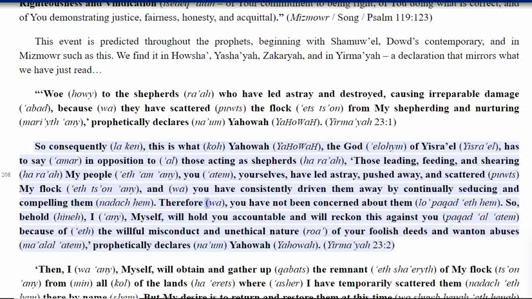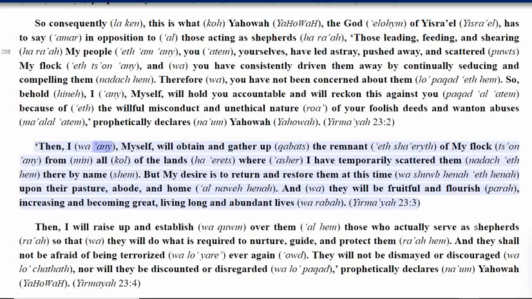Therefore, Wah, you have not been concerned about them, Lo Pakad Ethem. So, behold, Hine, I, any, myself, will hold you accountable and will reckon this against you, Pakad Alatam, because of the willful misconduct and unethical nature, Roa, of your foolish deeds and wanton abuses, Malal Atom, prophetically declares, Naum, Yahowah, Yahowah. Yirmiah 23-2. Then, I, Wah any, myself, will obtain and gather up, Kabats, the remnant, Sherith, of my flock, Tasan any,